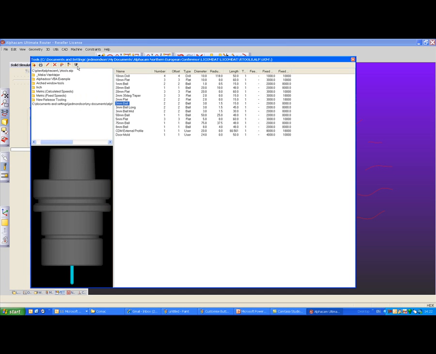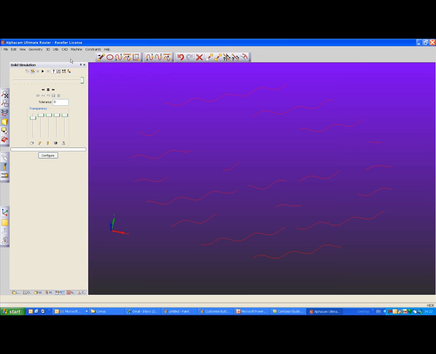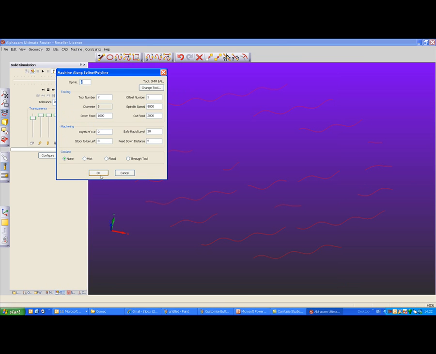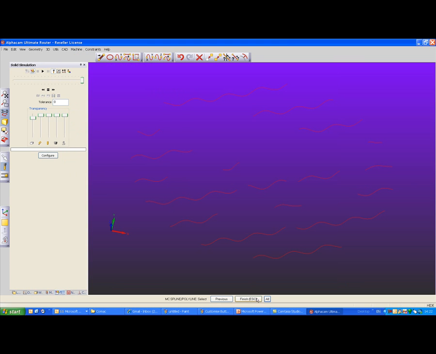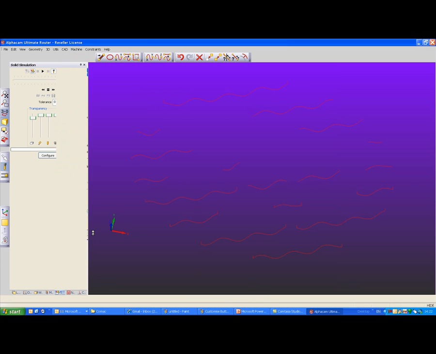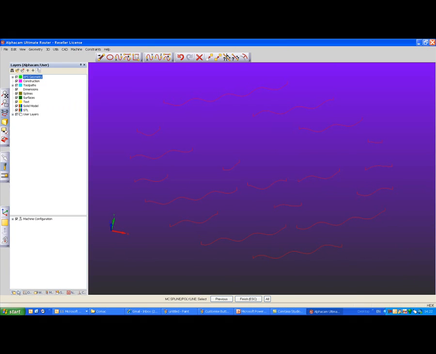Okay, so select our tool. We'll use cut spline polyline, say all, fixed angle on the center. Let's put those toolpaths on. We come back into our layers,